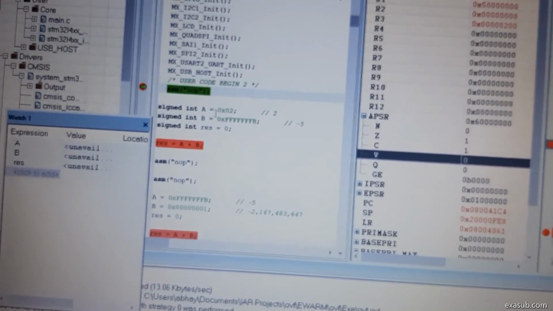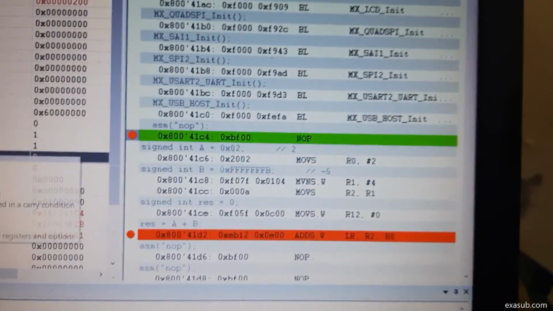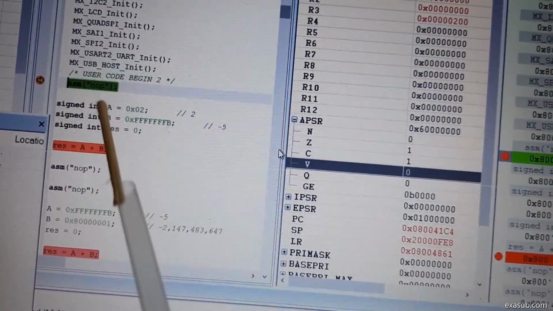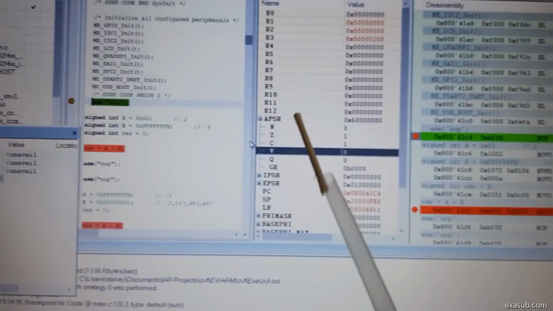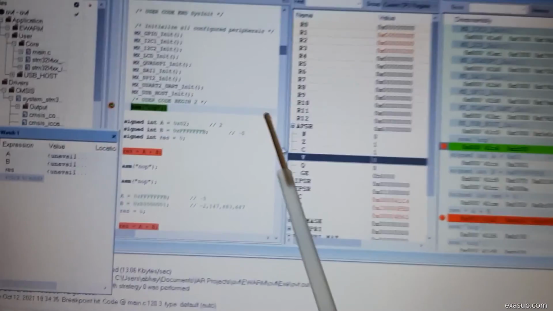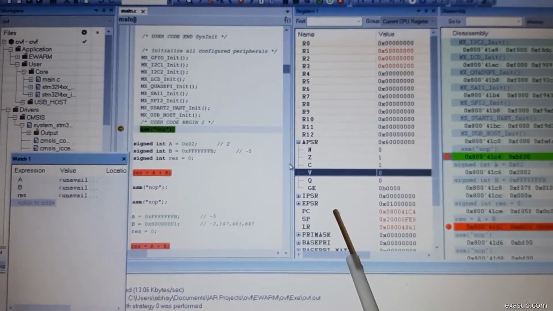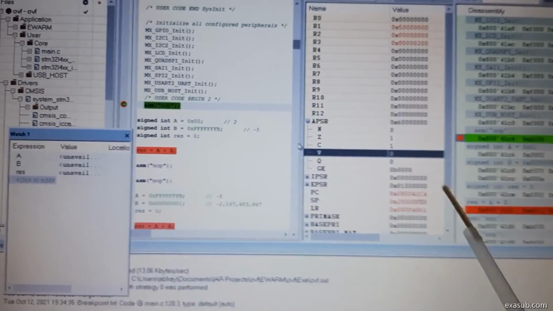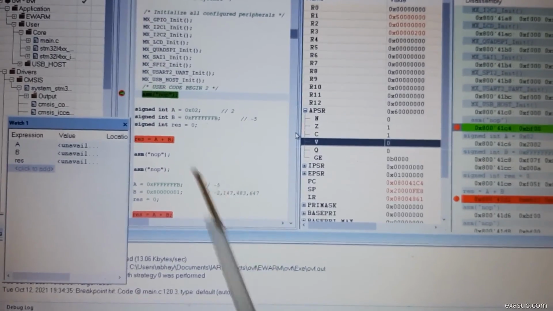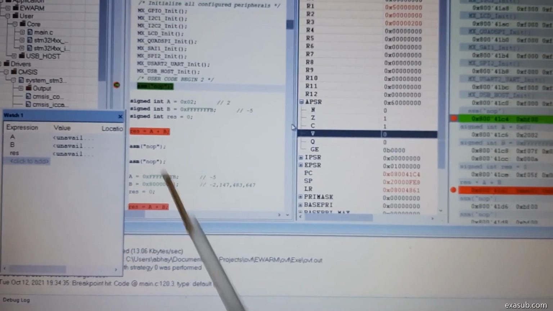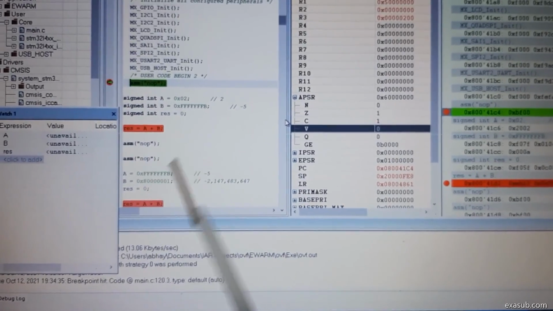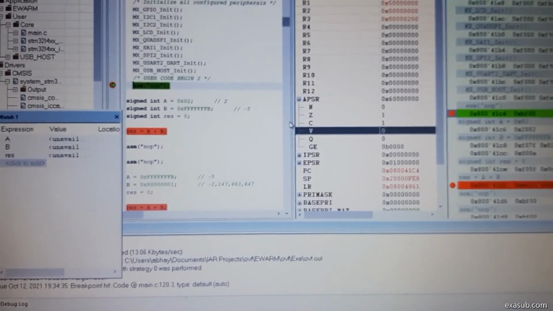breakpoint, and here you can see it is stopped at the NOP instruction, just as I told it to. So assembly NOP and then NOP. I am also going to mention that I have turned off all the optimization options in this IAR setup to do these kind of things, because if I do any optimization, IAR will just throw this result out of this way, because none of these are used somewhere in any kind of operation. So this is garbage to IAR right now. Okay,